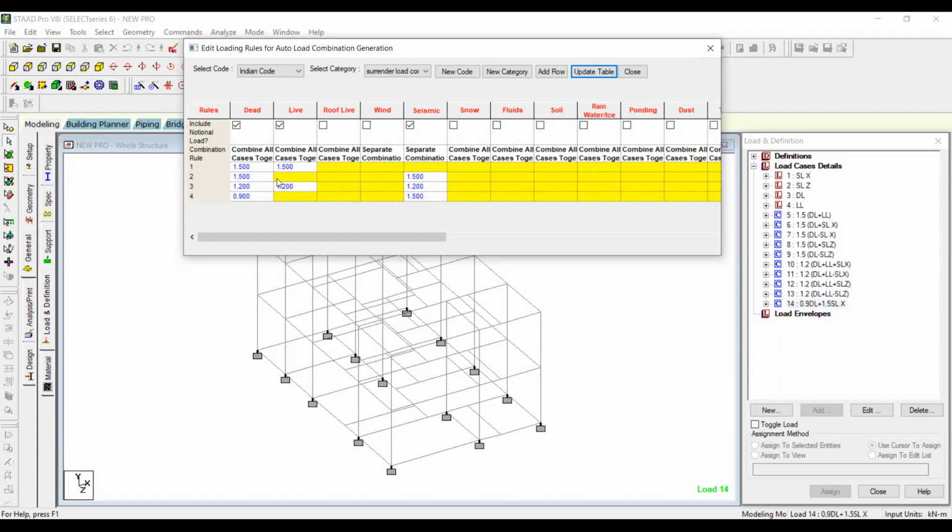The series which we have applied, we can interchange those series, sir. I mean, we can interchange the first one and keep it as the fourth one, and the fourth one we can shift to the second one. Yes, sure, you can interchange those values. Definitely, you can change that. The way of putting the values is the same as it is given in the code book. That's why I did it in the same way. Okay, sir, fine. So you can always do that.